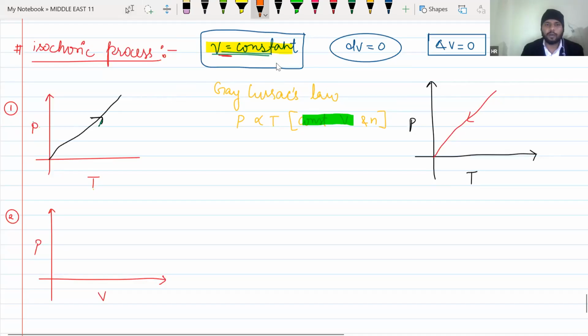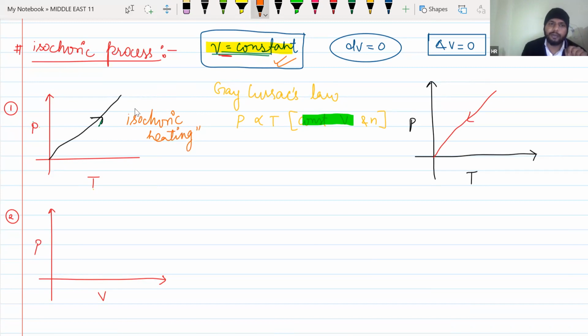Students, what I am trying to say is that here you can see volume is constant. That means volume will neither increase nor decrease, so neither expansion nor compression. Whenever this situation comes, we will deal with cooling and heating. This is an isochoric process, because volume is constant. Then this is isochoric heating, because temperature is increasing, and whenever volume is constant, we will talk about heating